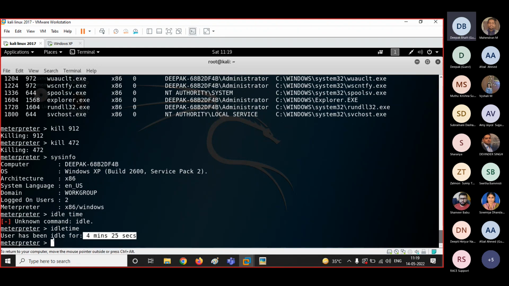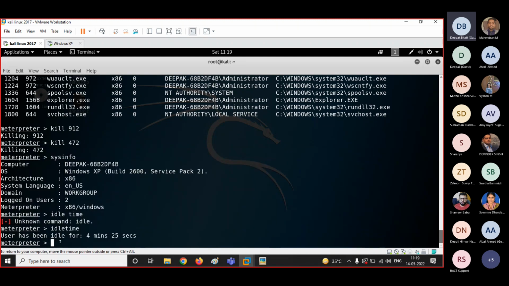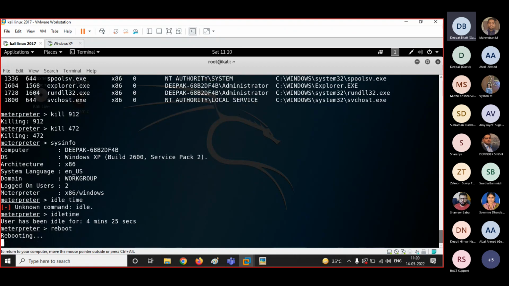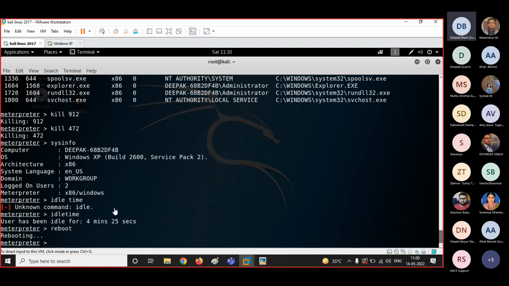So this is what you can do, guys. Now you have gathered all the information from the target machine. It's time to cover your tracks by removing volatile memory, right? So for that, you'll be typing the command that is reboot, or you can type shutdown. So I'm typing reboot. As soon as I press enter, guys, see, is it logging off? I have not done anything on this Windows XP machine. Whatever commands I'm typing are using my Kali Linux, and this is the result I'm getting.